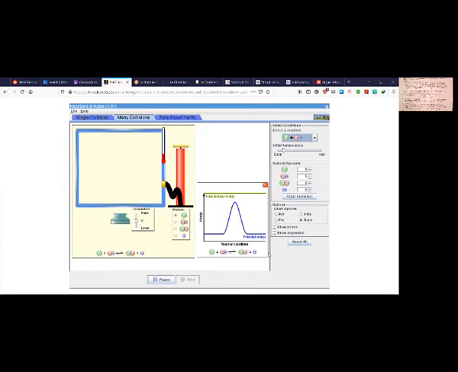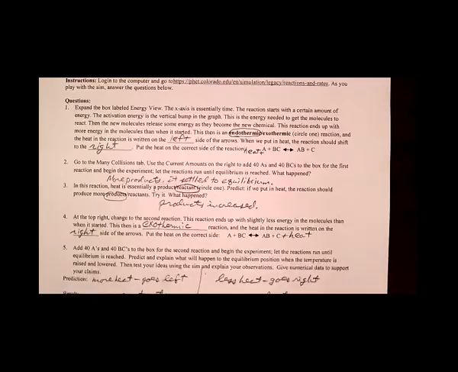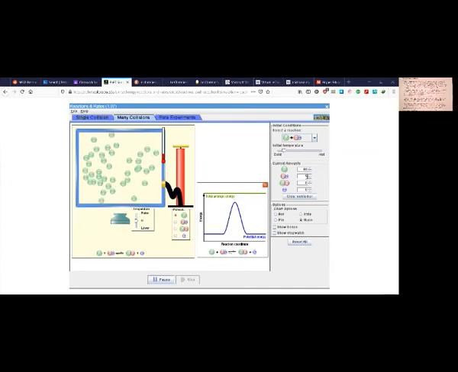So we're going to put it over here in our reaction. So put the heat on the correct side. And there you can see what I did for number 4. I'm going to put in 40 of each of these. And this time it started with the heat way above the activation energy, so this should start off pretty well on its own. The difference here is that while we do have a lot of energy in the system, so a lot of them have activation energy,